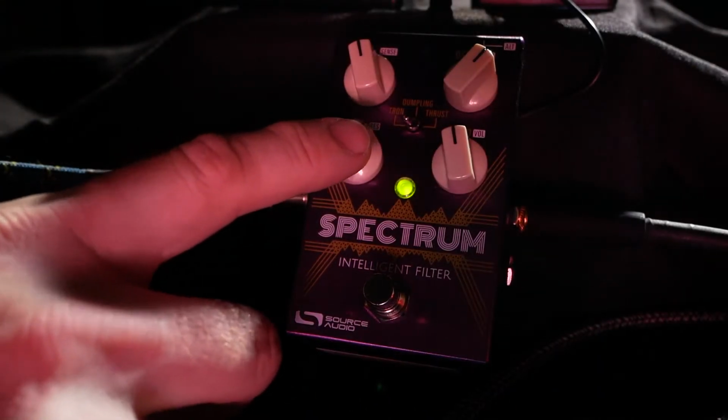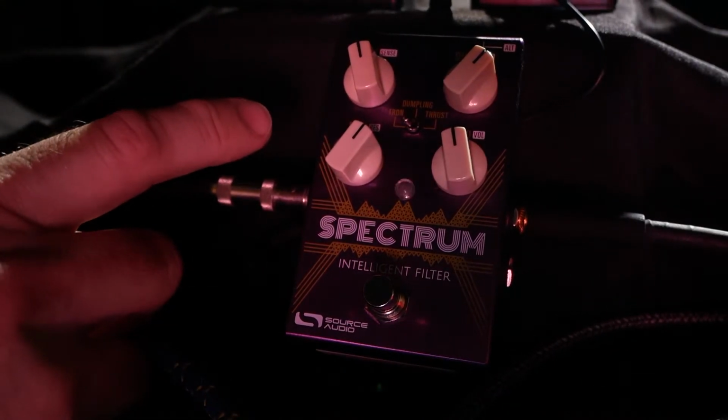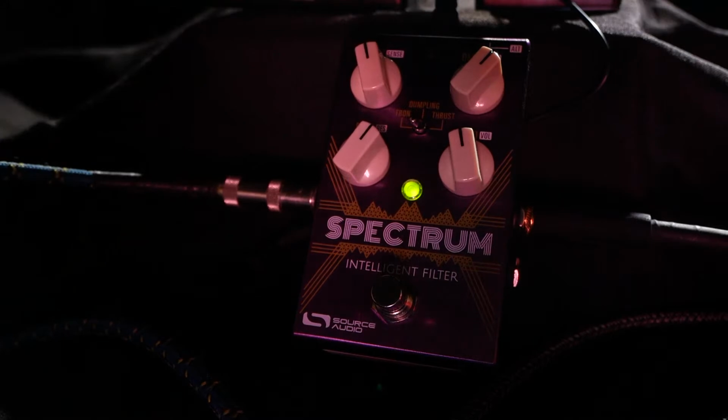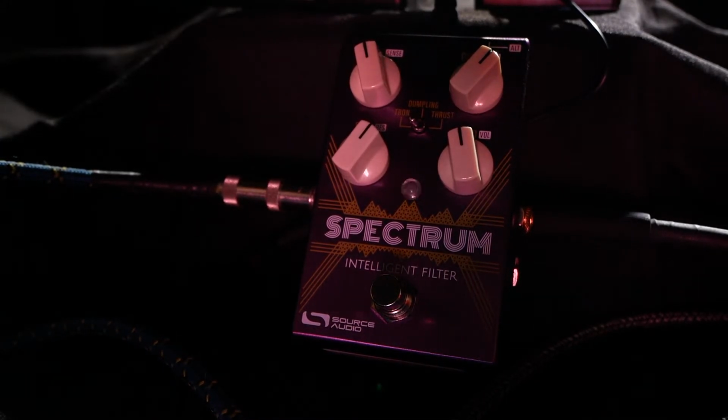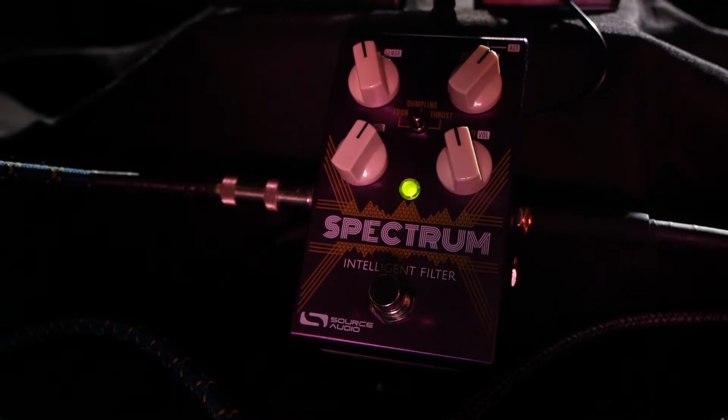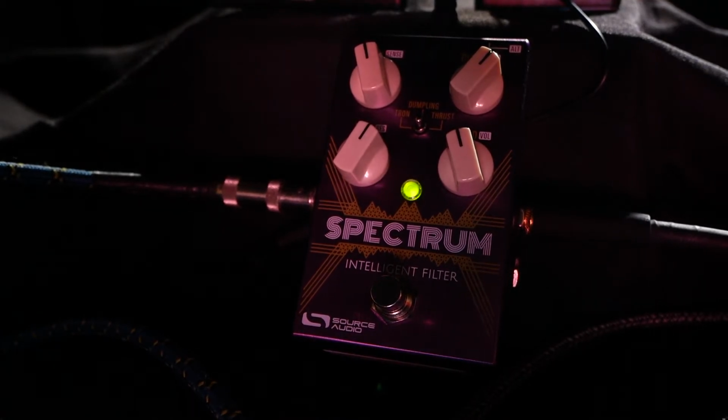And so the Spectrum here, if you notice, gives you three little settings. The far left side, you may not be able to see, says Tron. That is a very Qtron, Mutron kind of tone going on there. So you can see it's very dynamic. He picks lightly, and you get little to nothing. But you dig in a little bit harder, and that's when it really takes over and grabs that sound. The center one is called Dumpling, and it's definitely got a lot more mid-range kind of...